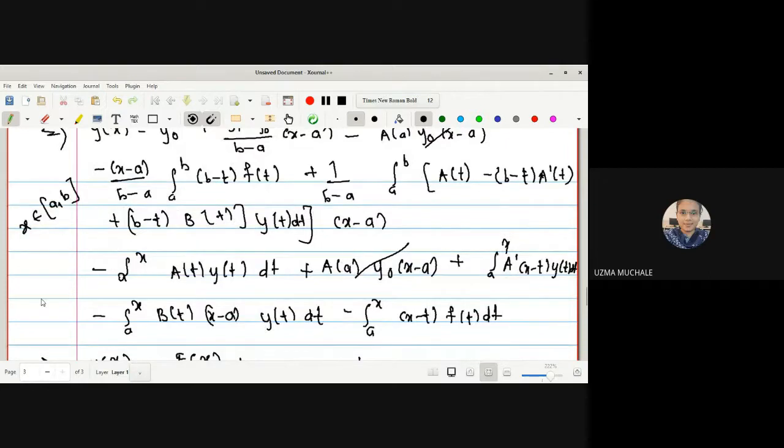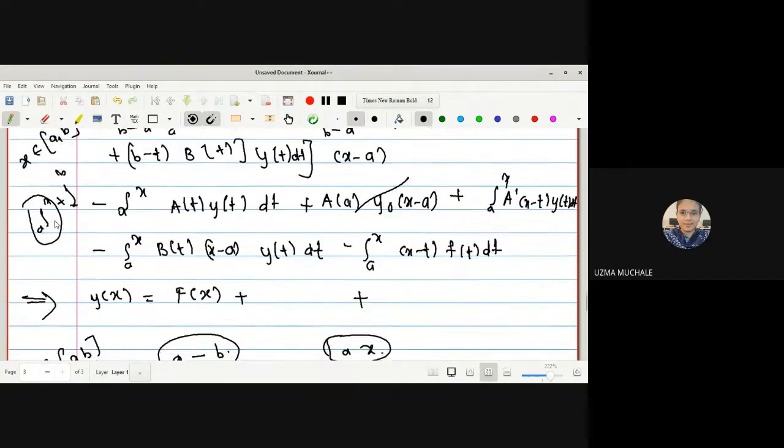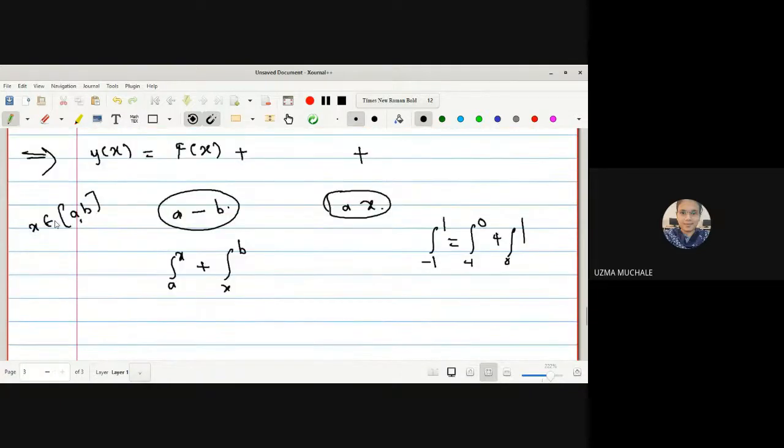But what we will do actually after doing the split a to x plus x to b, right? So you can see here integration a to x. So here also some terms with the integration a to x. Okay, so that term we can keep common, integration a to x. So here also integration a to x plus next term with the integration x to b. And finally we can have the integration a to x plus x to b.